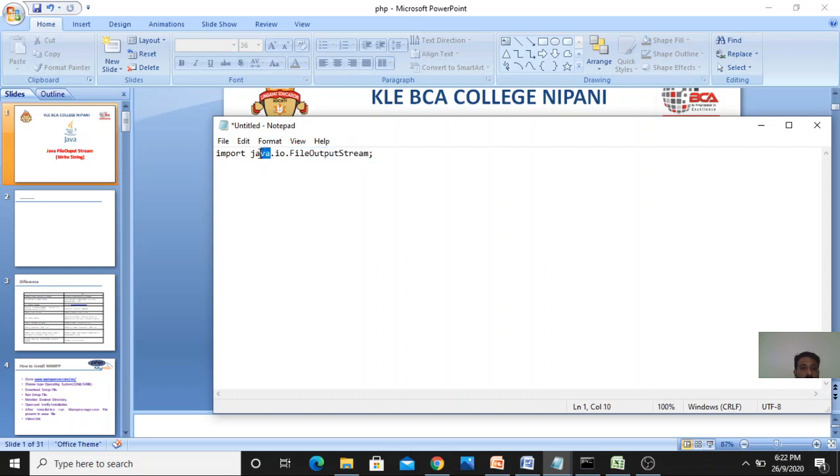Here java is the main package, and inside java there is a sub package called io, which contains input output related classes, and I am importing the FileOutputStream class. I want to access the methods and variables of the FileOutputStream class, to use it for writing the string into a file.